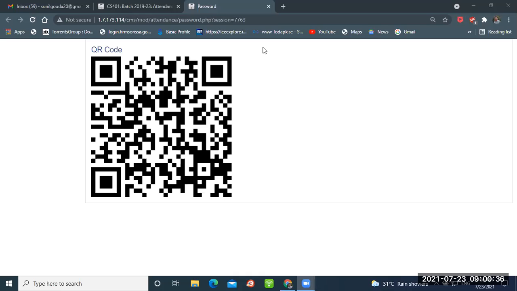Okay, so let's start the session. If you remember, in the previous class we were discussing how we can translate a logical address to a physical address in case of non-continuous memory allocation. While discussing, there was some interruption, so let me start again. We are discussing how we can translate a logical address to a physical address in case of non-continuous memory allocation.